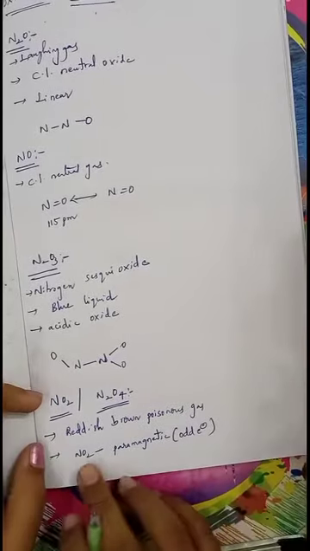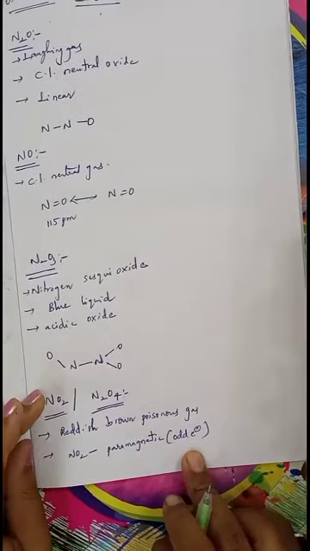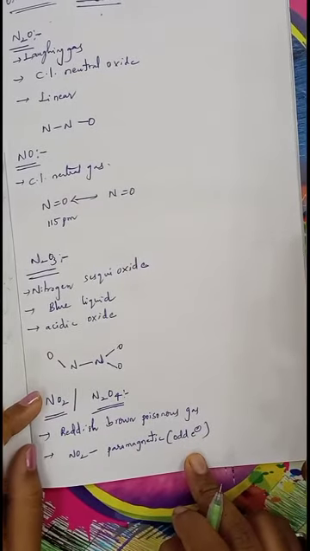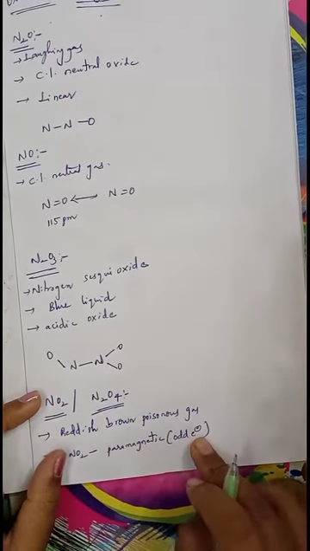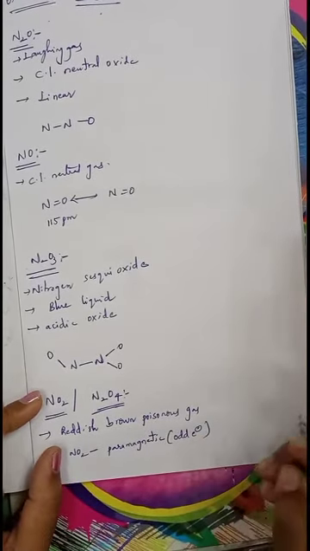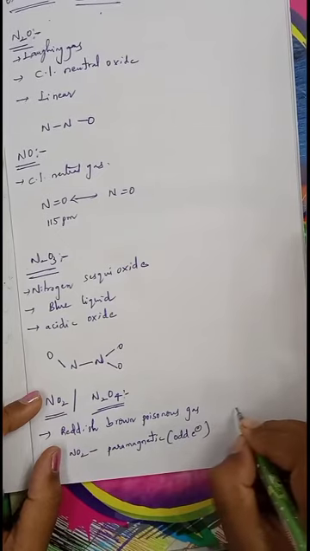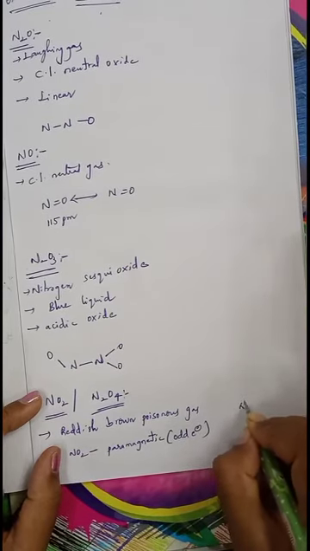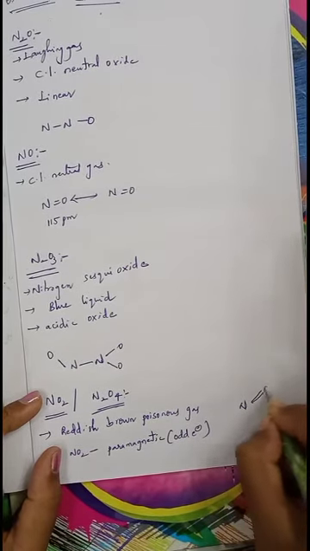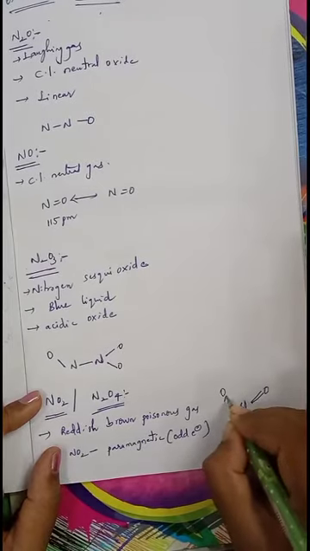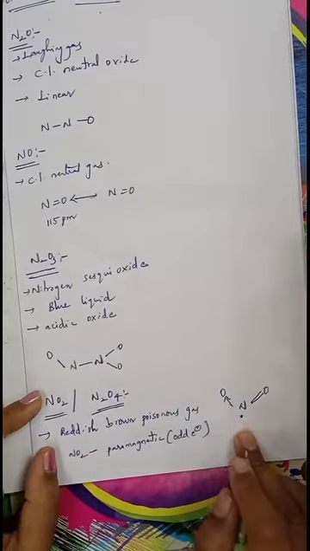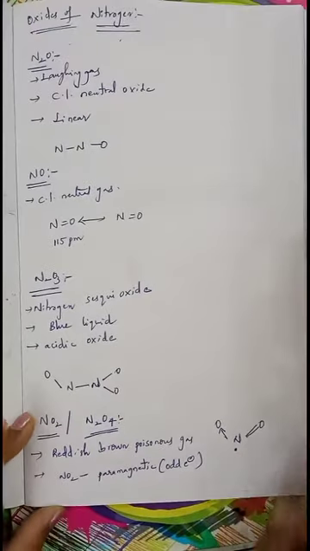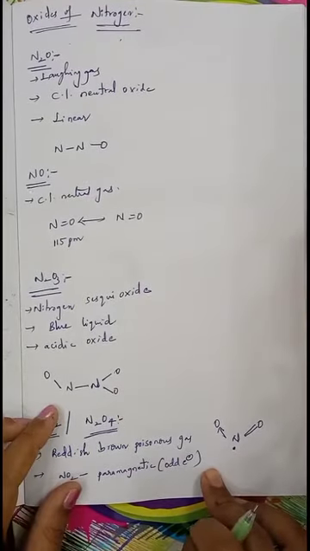Okay, there is a question: which among the following is paramagnetic in nature of oxides of nitrogen? That is NO2. Nitrogen dioxide is paramagnetic due to the presence of one odd electron. That odd electron may be present on the nitrogen. So if you see the structure, nitrogen, double bond O and single bond O. This is the structure of NO2, where nitrogen is containing one odd electron. Due to having this odd electron, we can say it is paramagnetic in nature.